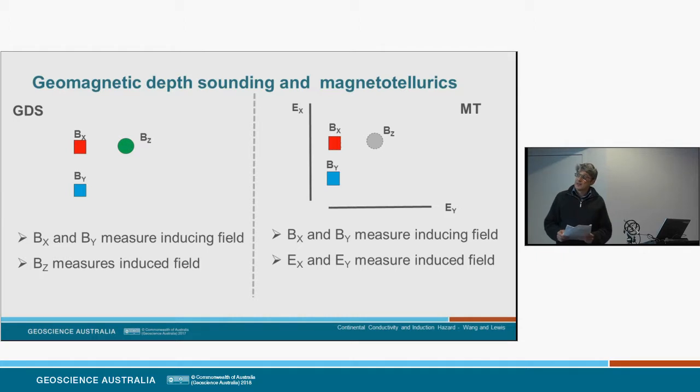On the left is a schematic of the first way. It's called the geomagnetic depth sounding, or GDS method, where time series of the magnetic flux density, the B vector, is measured in three orthogonal components, X, Y and Z. And the inducing magnetic field is assumed to be a plane wave, magnetic variations in the horizontal plane, which originate from time-varying magnetic sources from the upper atmosphere and the magnetosphere.